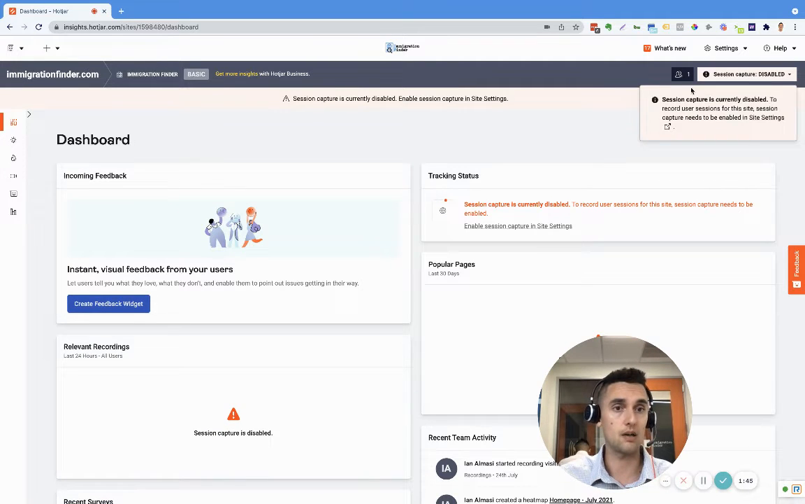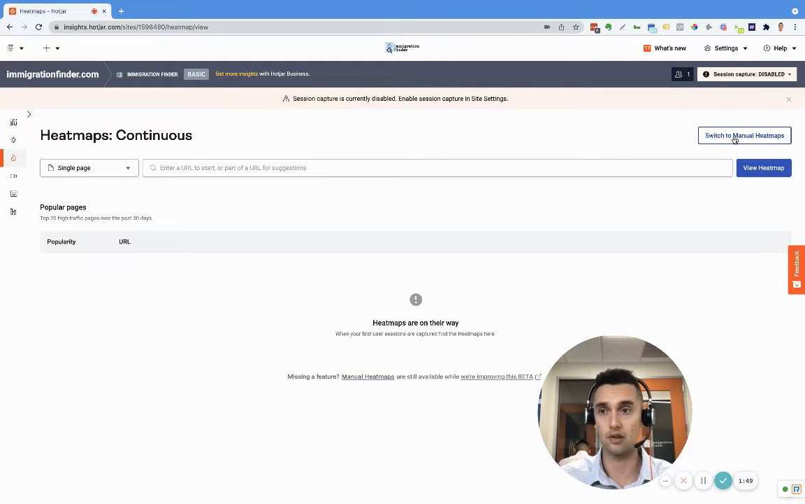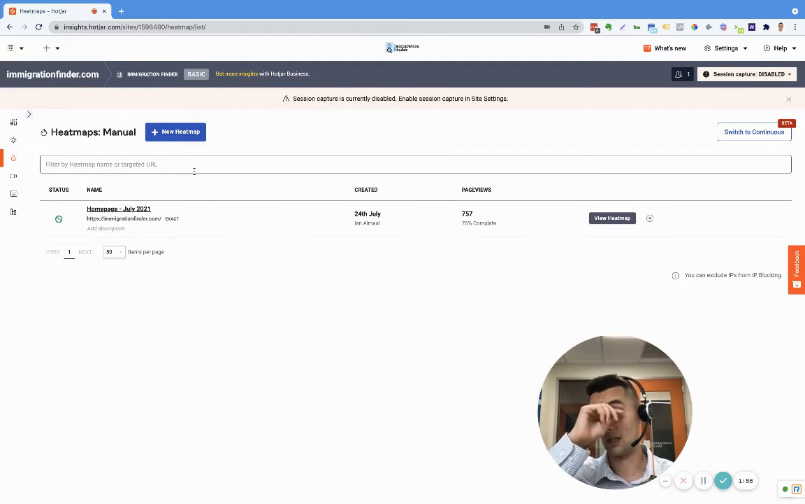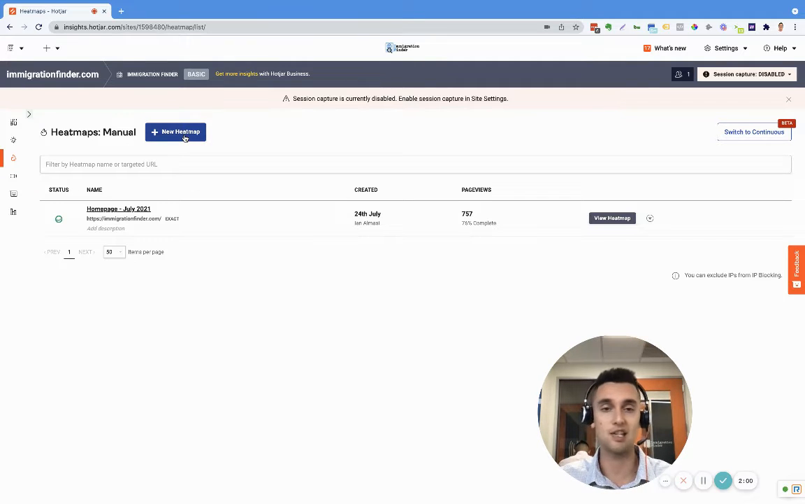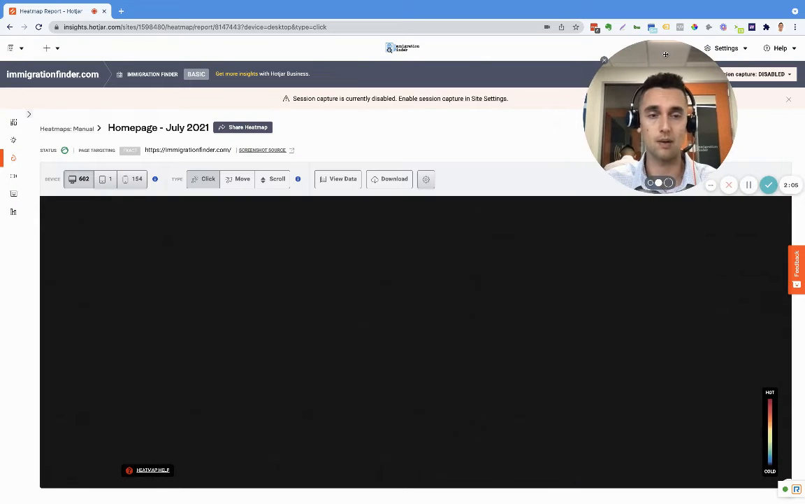Now, what we're going to do is click this. We're going to go to heat maps, and then switch to manual heat maps. Then you can see there's this one. There can be continuous heat maps, which are ones that keep changing and altering, and then there's static heat maps. So if we open this up, this is the front of my website,